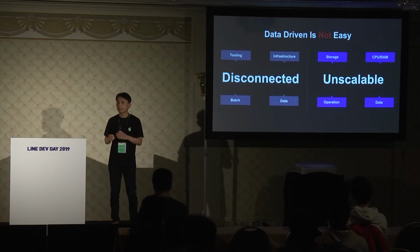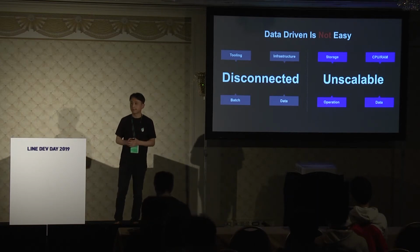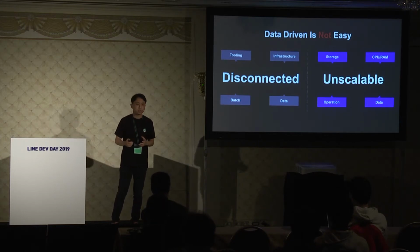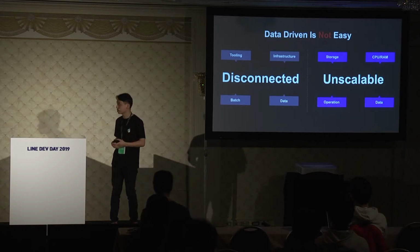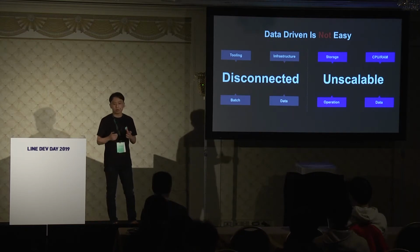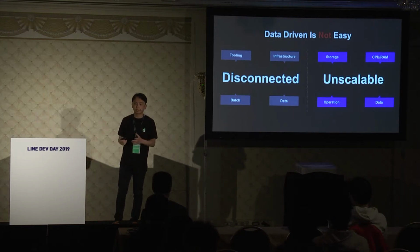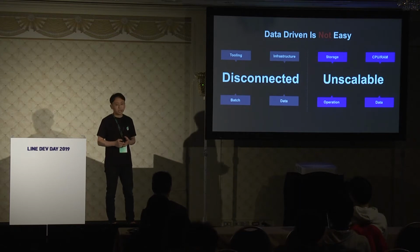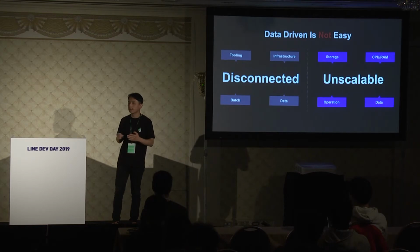Issues pop up regularly. For example, cluster A is short of storage, so we need to add more nodes to the cluster. But because it's so large, the FS image of the cluster is also very large. So we need to clean up. We need to merge some small files or delete some unused old files before adding more nodes. Or for example, cluster B is so busy that jobs won't run after being submitted, while cluster C